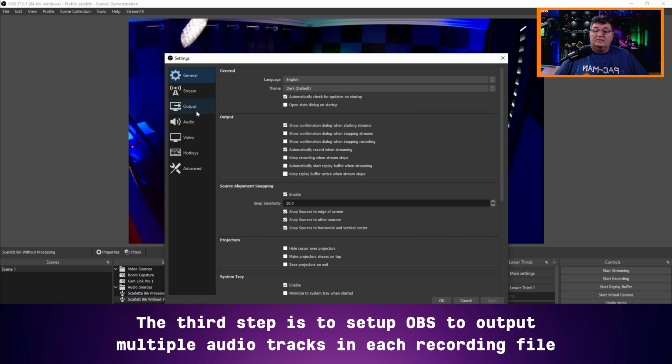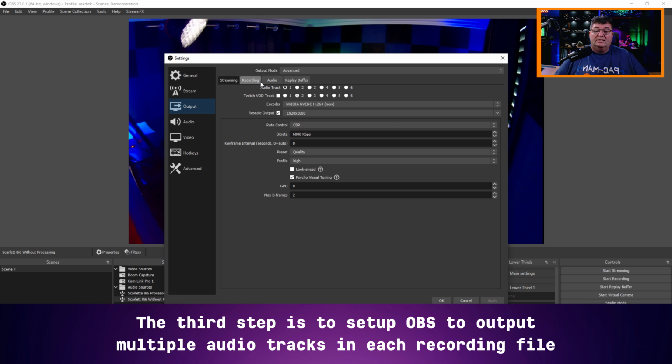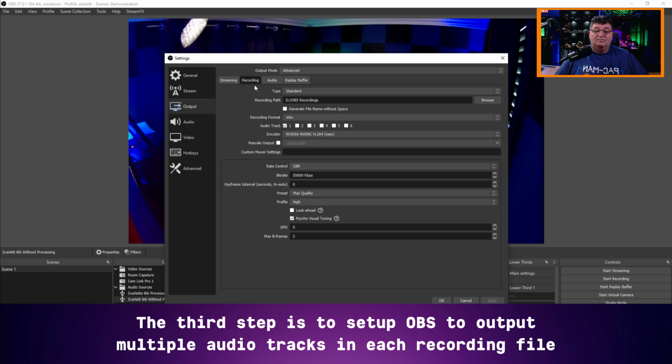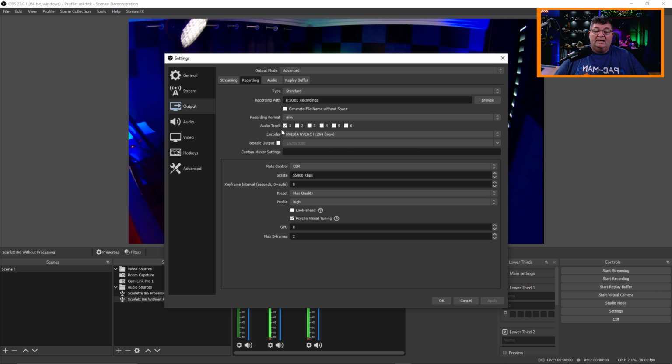And in this case here, I'm going to go to Output and choose the Recording tab. Now you'll see here that it has an audio track selection where I can choose which tracks are recorded. And normally it might only be on number 1. And so it's going to record, in this case, the processed audio. But if I select number 2,